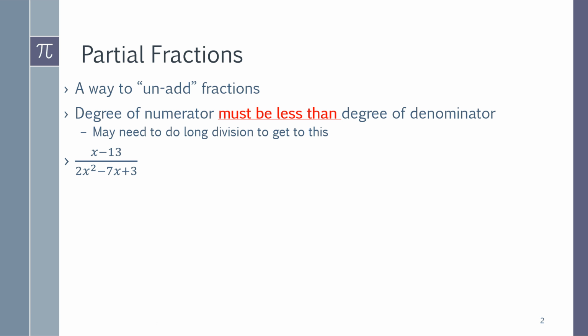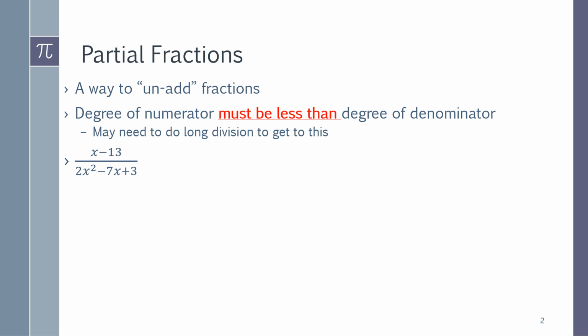Partial fractions are a way to unadd fractions and break them up into a sum of easier fractions. To do this, the degree of our numerator must be less than the degree of the denominator. So much like with substitution, we might have to do long division to get to this point. I'm not going to focus on the calculus here. I'm going to focus on the algebra part of partial fractions, because partial fractions in and of themselves is not